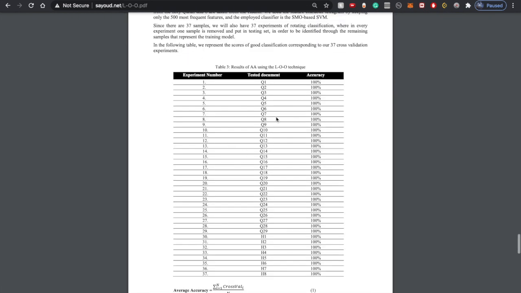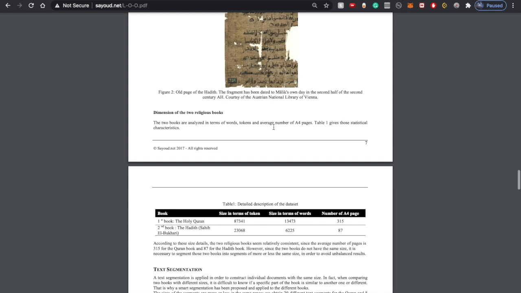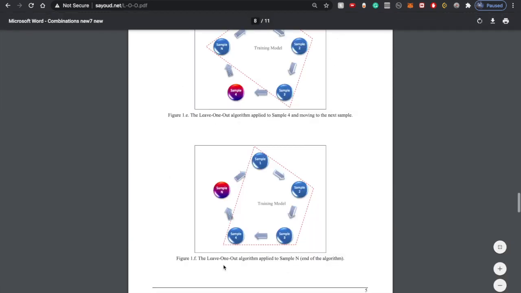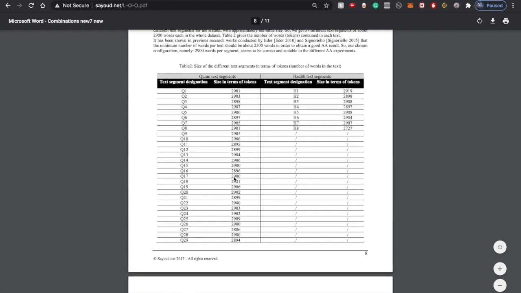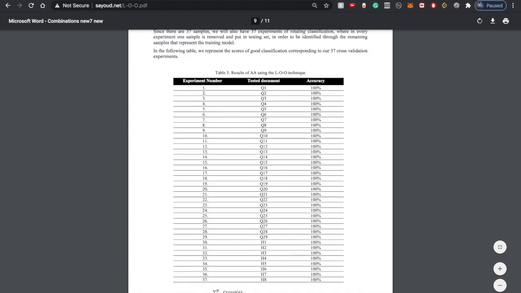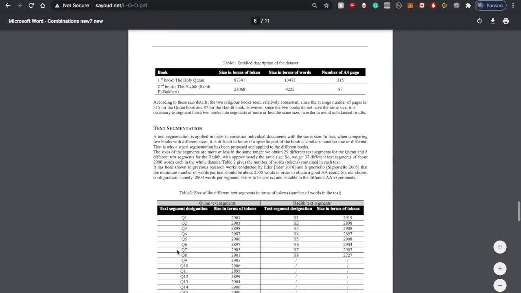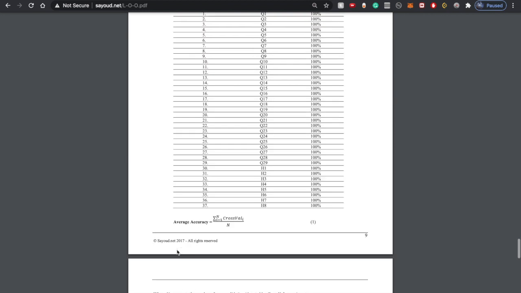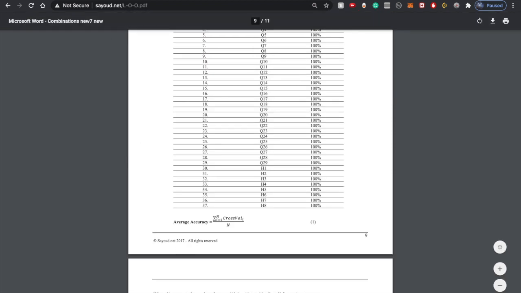Right, so even with this test, and you saw it's a pretty interesting test, right? So they look at all the samples, then they leave one out and see if it matches. But they did that, and the hadith were perfectly classified with the hadith, and the Quran perfectly with the Quran, and they did all of them together, and right, so that's pretty interesting.